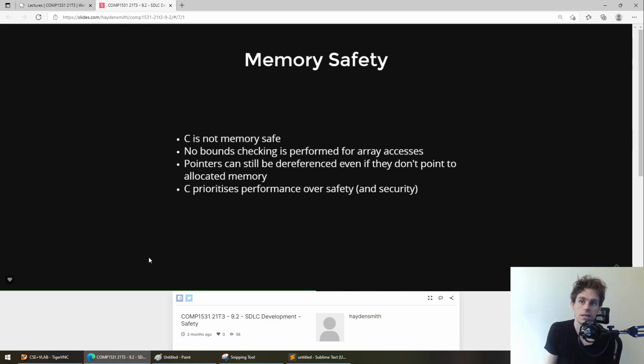Because the philosophy of C is that performance is more important than safety, right? Is that a bad thing? I'm not saying it's a bad thing. It's just a thing. There's lots of stuff written in C that you wouldn't write in Python because C is very simple and powerful. And for performance systems, you really need that. You don't want memory safety because memory safety is costly, costing time and energy for your software.